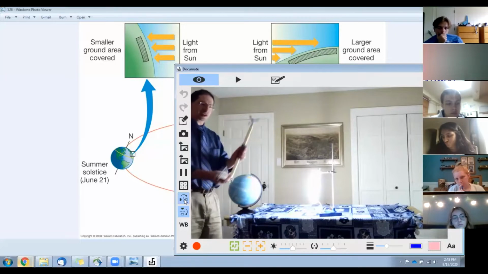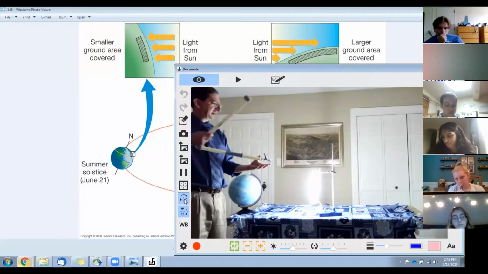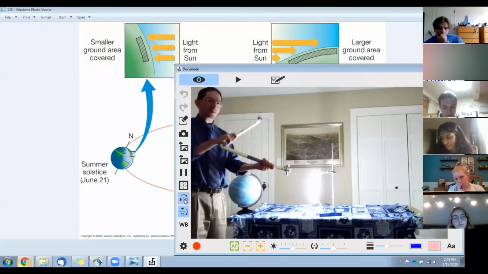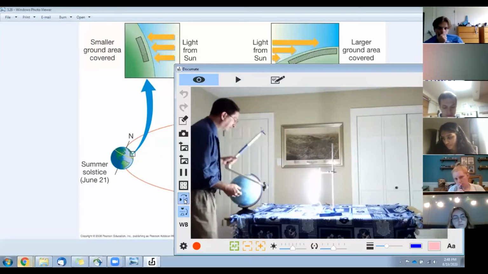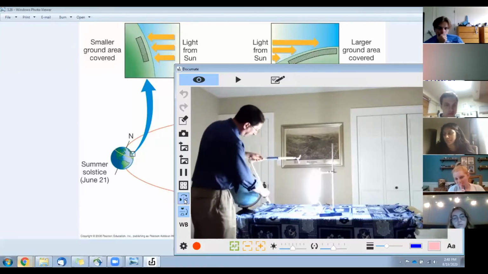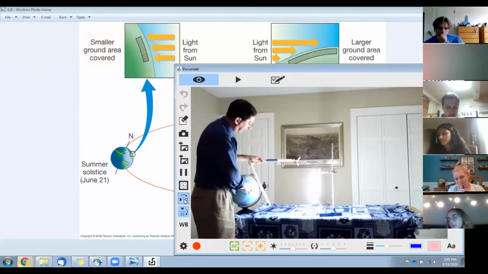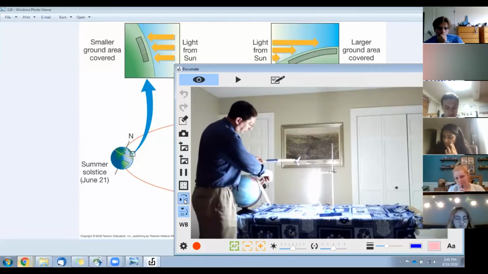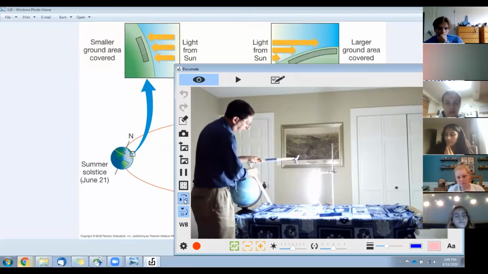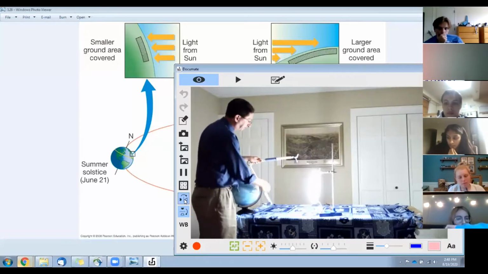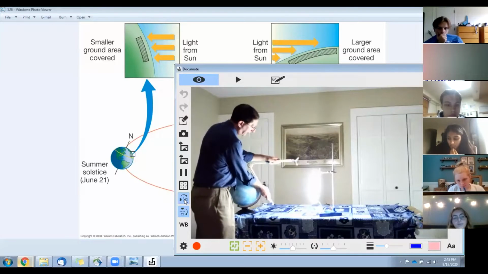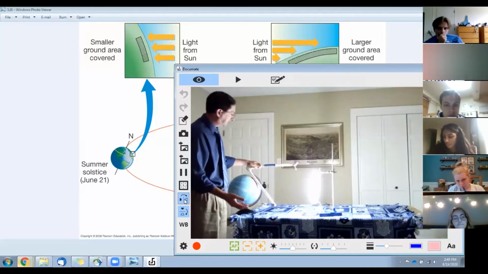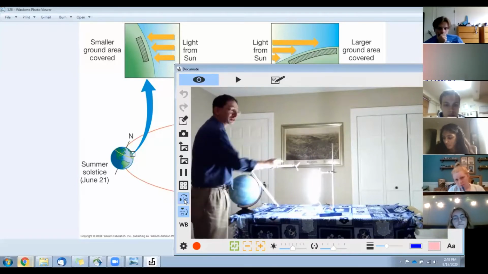I'm going to use this thing to measure the angle. I think it technically has suction cups here. I think it's for drawing circles on a whiteboard, but you know, it's what I have, so it's what we'll use. And I'm going to put this on North Carolina flush with the globe. And what this represents is our local horizon. So let's say here's a person standing on North Carolina. This would be their northern horizon. That would be their southern horizon. And with this one here, I'm going to make it flush with the table. The table is the ecliptic, the plane of the solar system. In other words, that's pointing towards the sun.